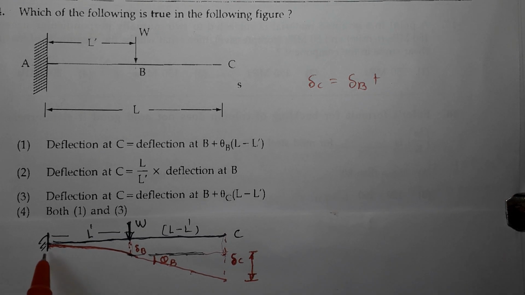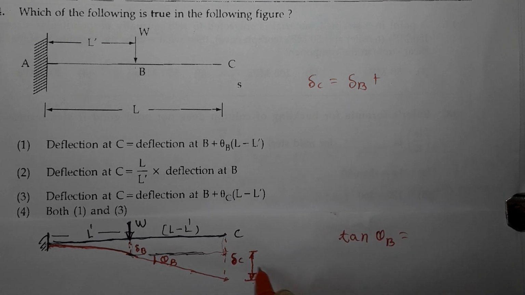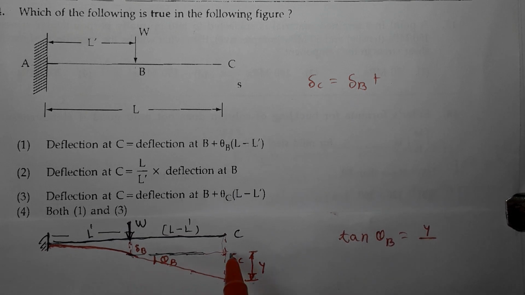Now I know that the bending pattern is like this. So the beam will bend till this point B. Thereafter it is going to remain straight. So if I deal with this triangle, I can get the vertical side of this triangle, which is the required side. So I can take the tangent ratio. Tan of theta B is equal to, if this vertical distance is y, y divided by the horizontal side, that is L minus L dash, and therefore y is equal to L minus L dash times tan theta B.